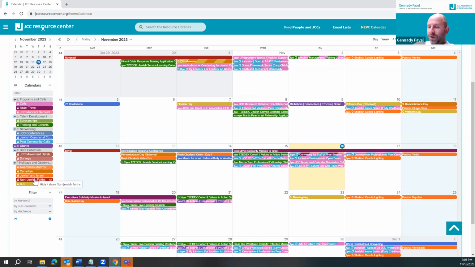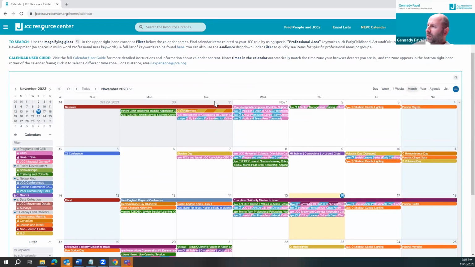So for example, let's say you have a large Hindu population, either in staff or in your community, you can look at holidays that might affect that community and adjust your JCC's calendar around that. So these are the different opportunities and listings in the calendar.